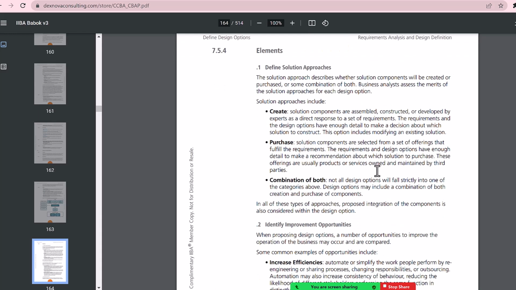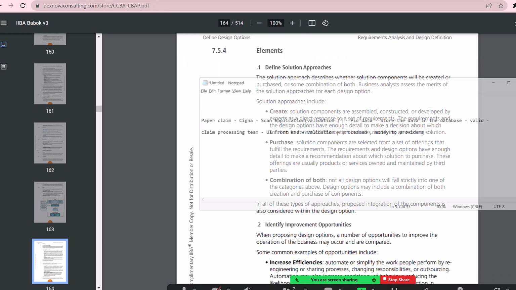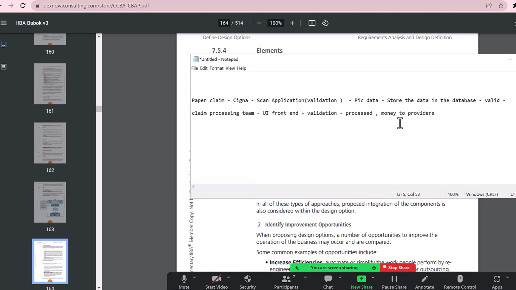Okay, so solutioning in the sense, for example, I've told you for one requirement you can have multiple approaches, right? So for just this one requirement you can have multiple designs. Okay, how are we going to design the data flow? So your architects may be coming up with 4 or 5 solutions. Okay, so which one is very cost effective, which one is very time